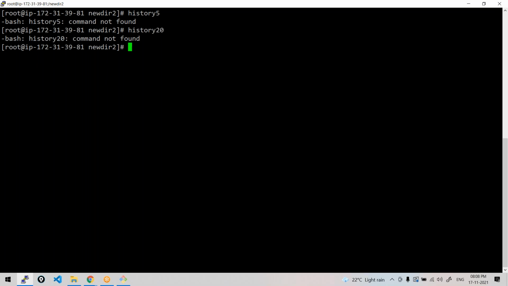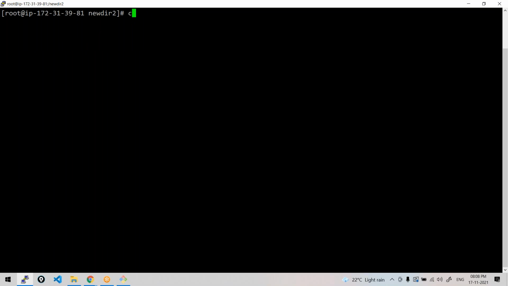And there is one more thing called the cd tilde operator. If you do cd tilde, this is nothing but the home directory of the root user. What is the home directory? Each user will have their own directory.